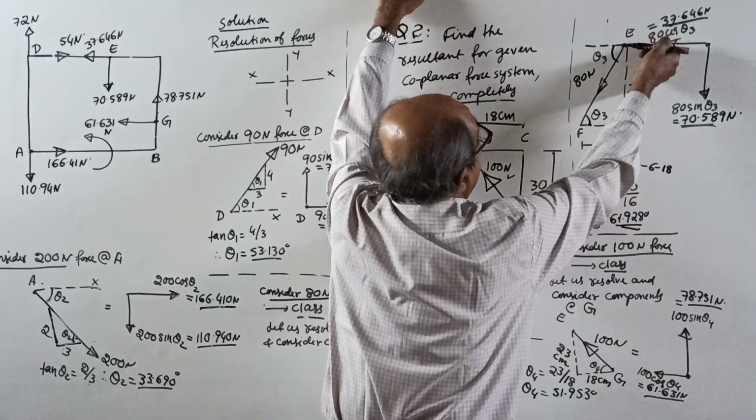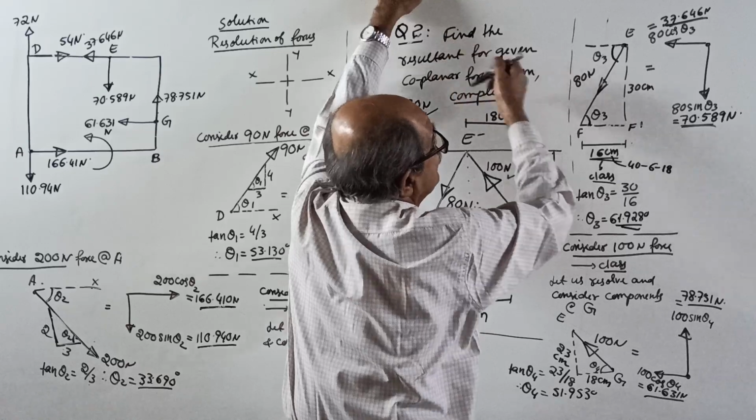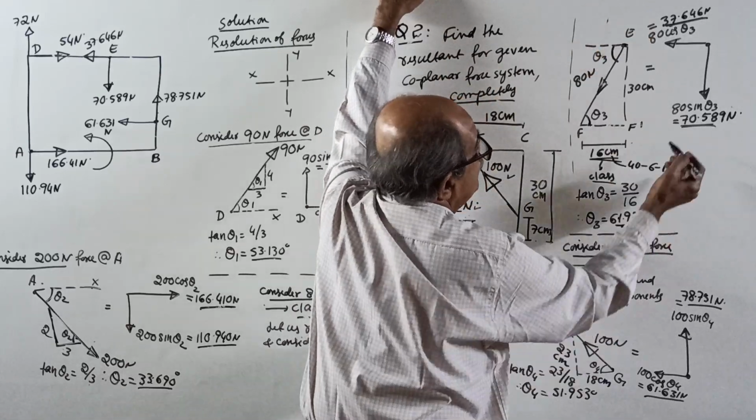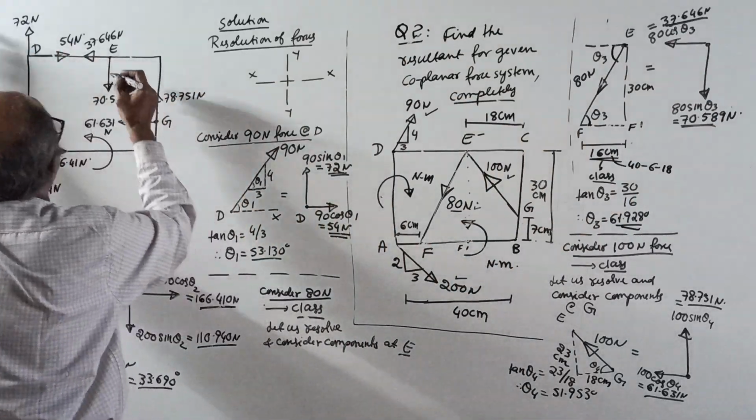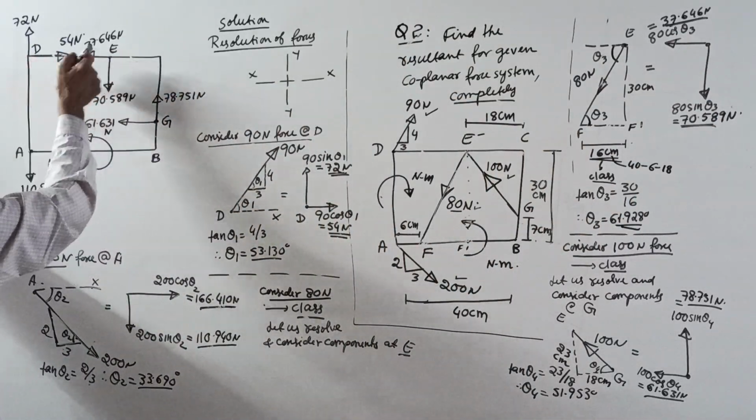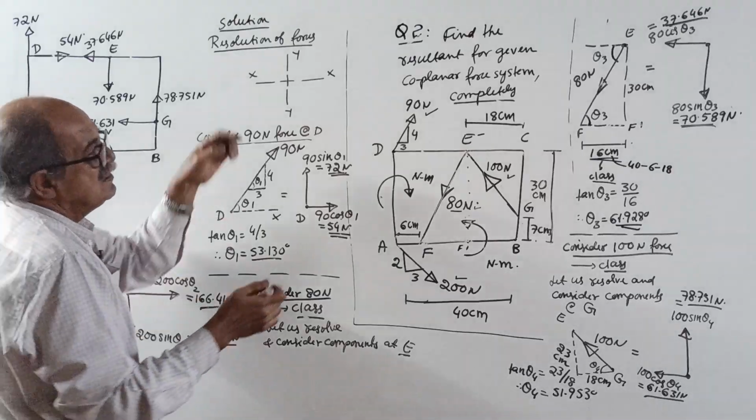Now, one component this way, 80 cos theta 3, one component this way, 80 sin theta 3. I got both the components. At E, I entered both the components, one this way, one this way. Lastly,